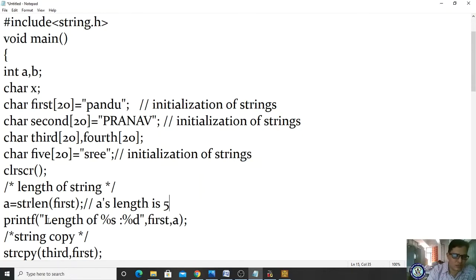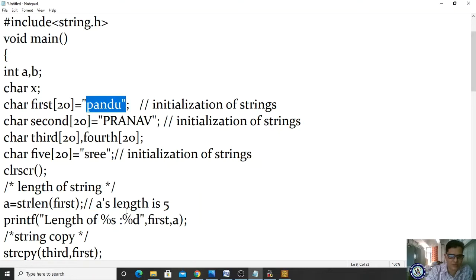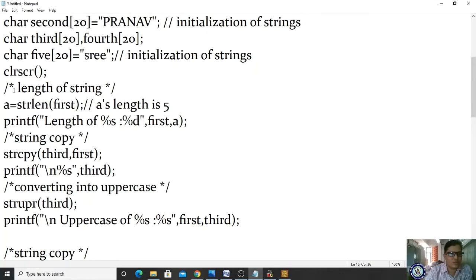Okay, so here please observe what you are performing while displaying: length of %s is %d, length of %s is %d. In the %s you are storing first, so the string Pandu is displayed, and %d with a indicates the length, which is 5. Okay, length of Pandu is 5. Now we are performing